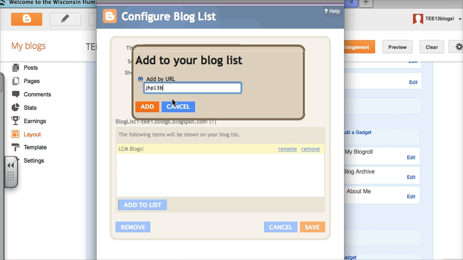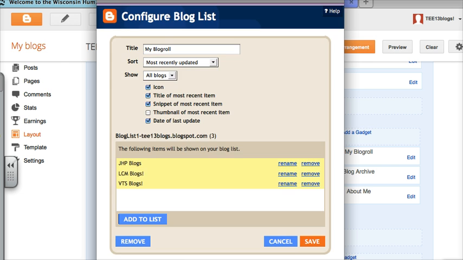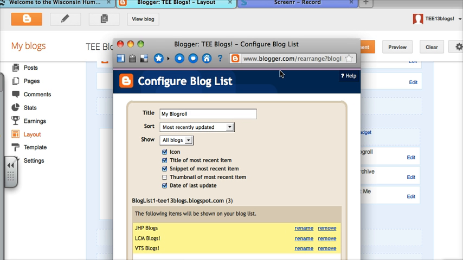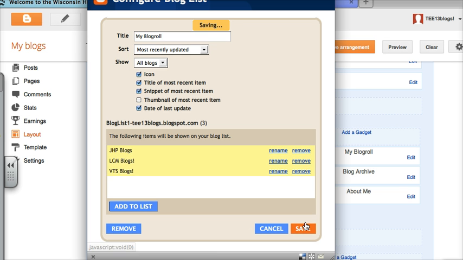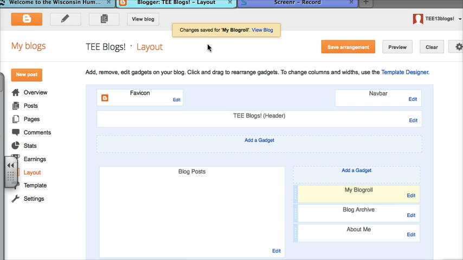JHP 13 blogs, and I can paste that. I'm going to add, and then another one, I have one more, VTS 13 blogs, and then I paste that. And how do I get my URL? Remember, my URL comes from the address bar, and it will tell you exactly. It'll be what is in front of the .blogspot.com. Alright, so let's save this gadget,